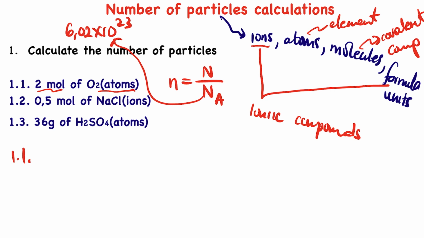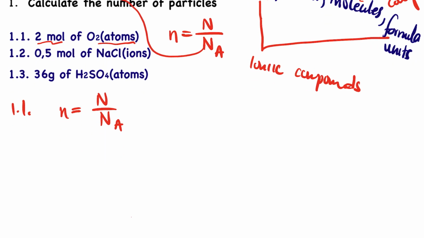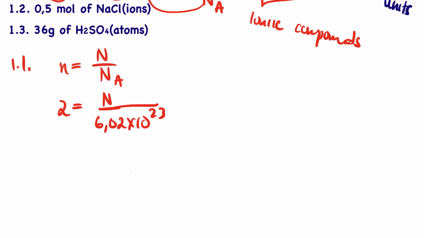Okay, so what we do here, we have number of moles and we want the atoms specifically. The atoms, guys, okay, I'll show you. Number of moles is equal to number of particles divided by the Avogadro. So we substitute what we have. We substitute 2 mole there, and the number of particles an unknown, and then the Avogadro. This is the Avogadro, right? It's 6.02 times 10 to the power 23, right? So when we punch this in the calculator, guys, it's very important. It's going to be the number of particles. It's going to be 1.204 times 10 to the power 24